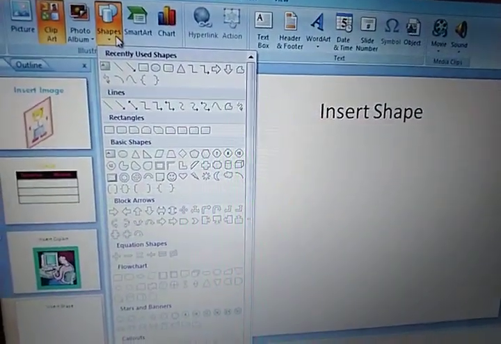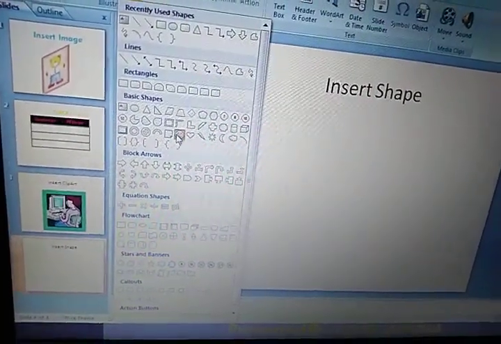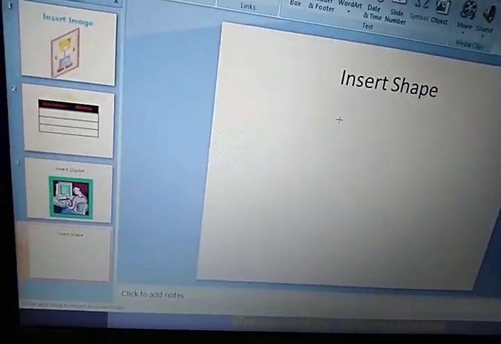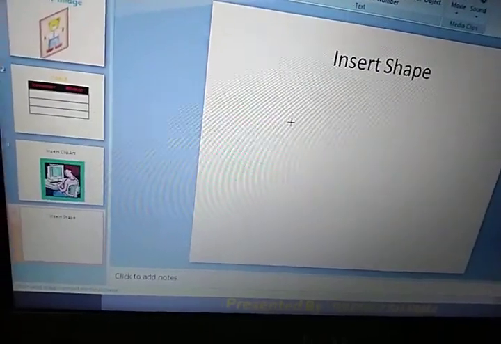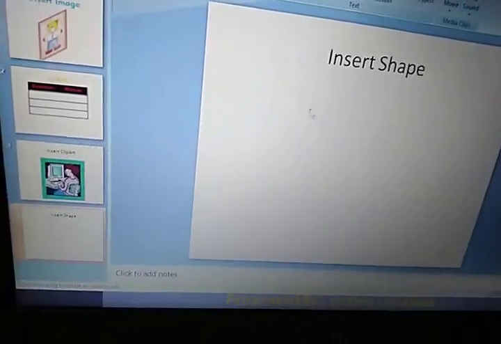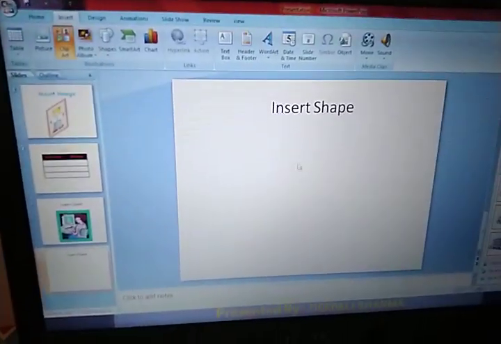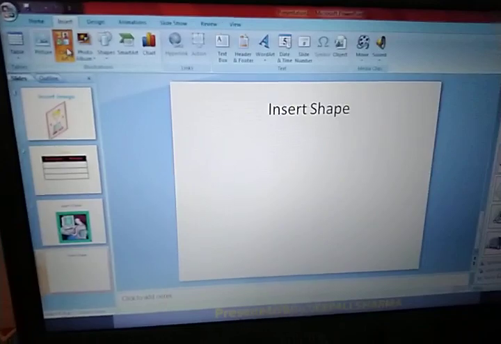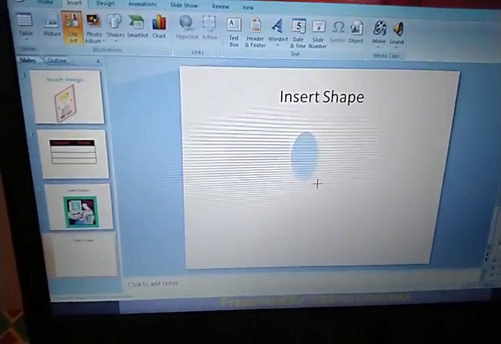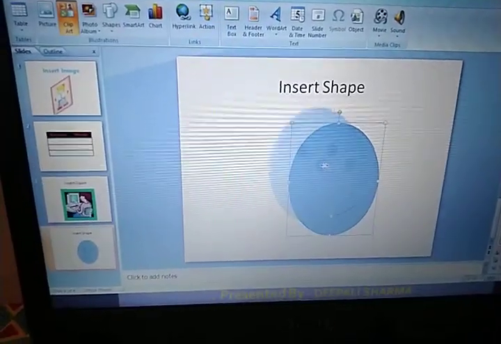From the shapes you can select whatever shape you want. Right now I want to select this smiley face, so I will just draw the image. Fine. You can enlarge it as much as you want.